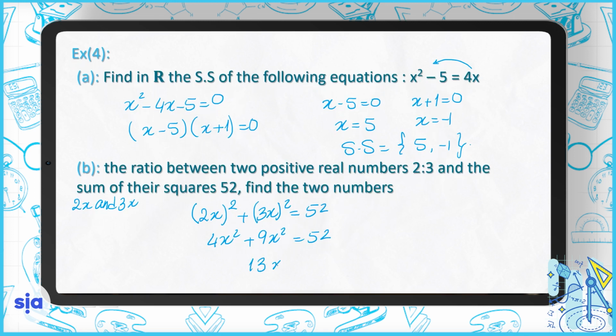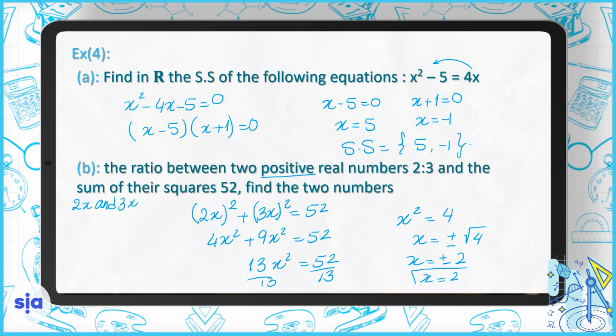So 13x squared equals 52. If we divide both sides by 13, you will see that x squared is equal to 4. So x equals positive or negative square root of 4. So x equals positive or negative 2, but the question here says they're positive real numbers, so in this case x will be